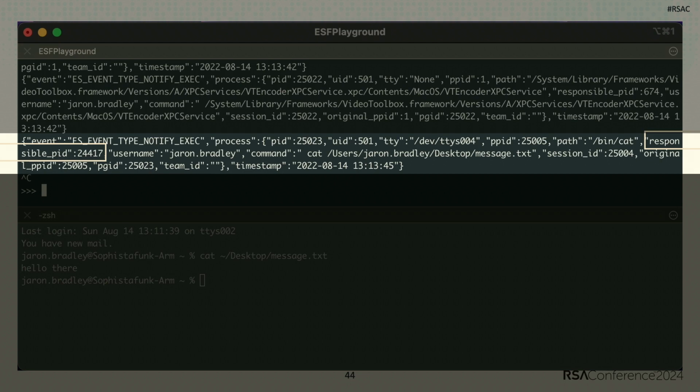Now, if we look at this responsible PID value and we look up what this app is, we would see that it actually belongs to iTerm. So macOS sees that this cat process has a responsible process that points to iTerm, and it checks to see if iTerm is allowed to access the desktop, and then it allows it to happen.